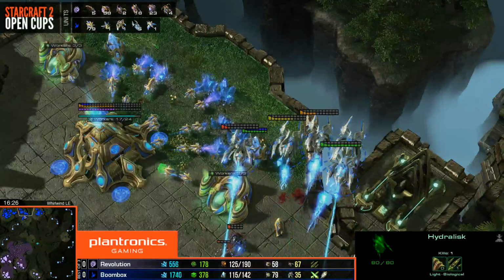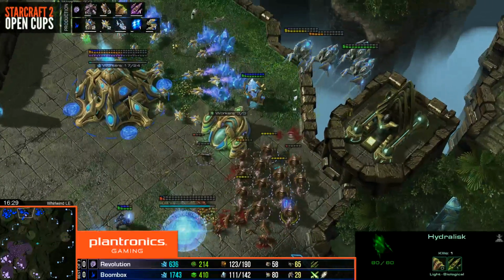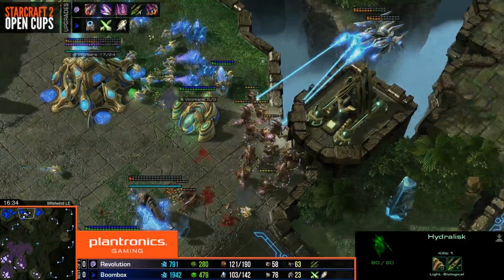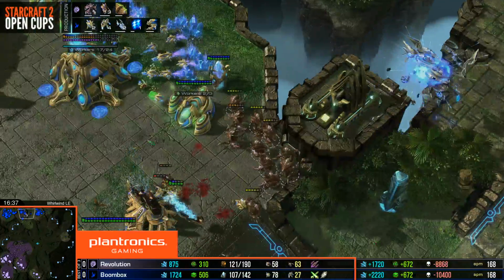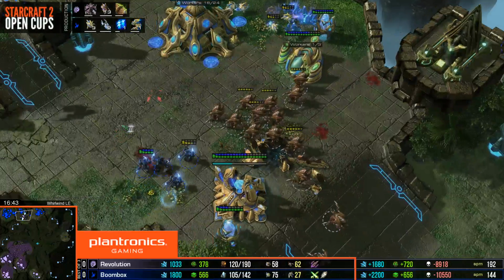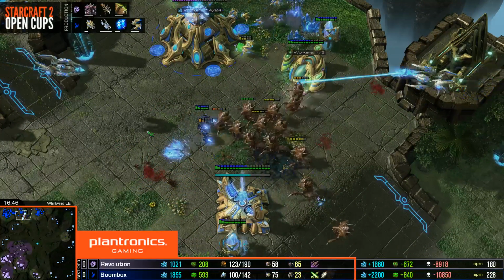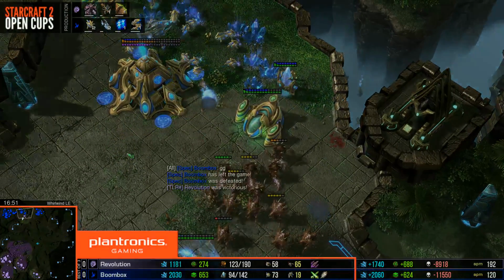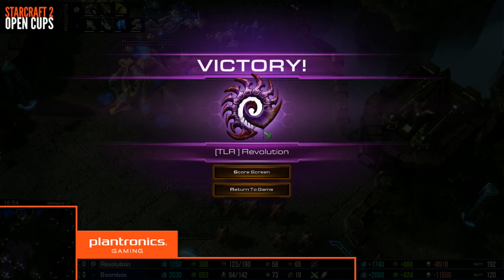The Mothership Core has been taken out too, so there's no Photon Overcharge. A Void Ray falls, another Void Ray goes down. These Hydras are just dealing all of the damage because they've got the speed upgrade and the range upgrade, and +2 has just kicked in. Storm is such a long way from completion. Zealot's trying to hold on, but the DPS from these Hydras is just crazy. Zealot's getting taken down. GG is called. Revolution takes game number 1 of this